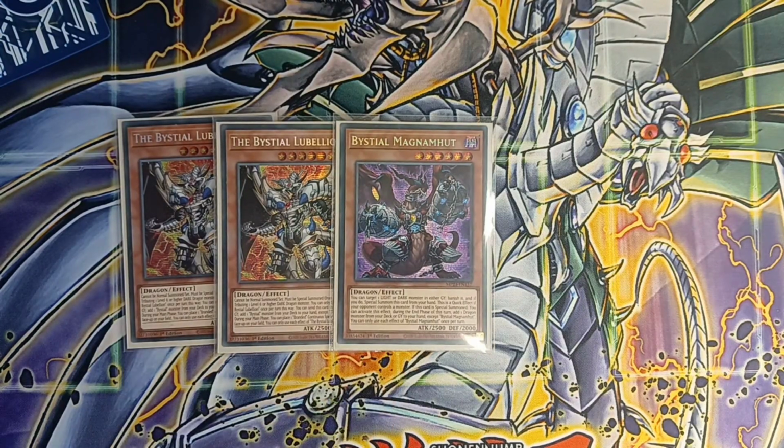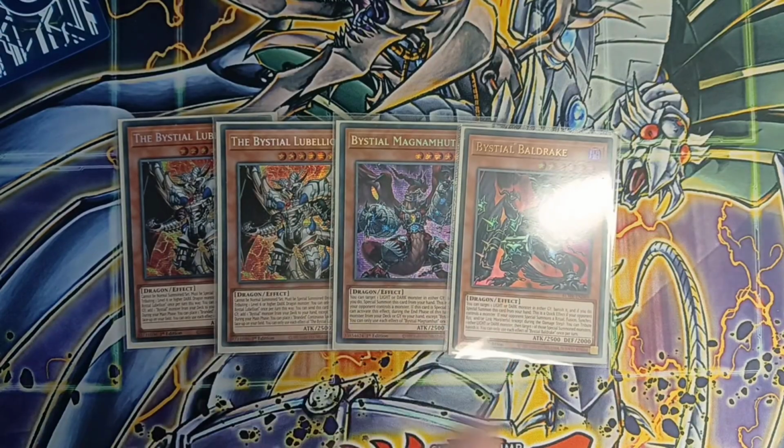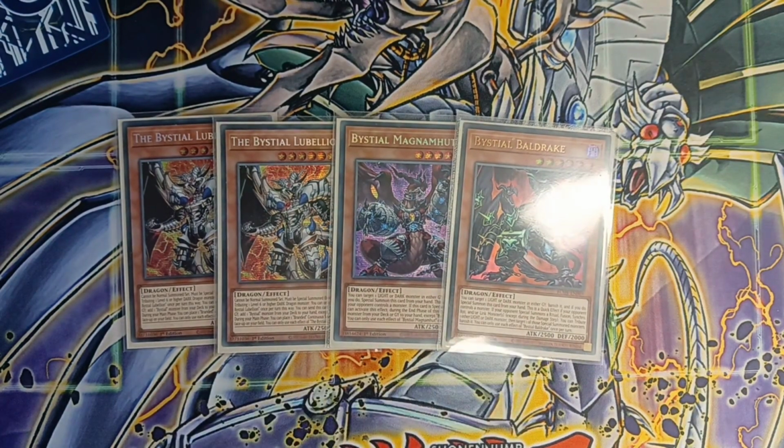It searches. The only difference in this profile, I suppose, I'm running is a Baldrake instead of a Druid Swarm. Druid Swarm has gone to 1 in the most recent list. Magnimo's already at 1. But yeah, a Druid Swarm is very good. But Baldrake has the effect that it can target a light or dark. Not that one. If there's another light or dark monster,